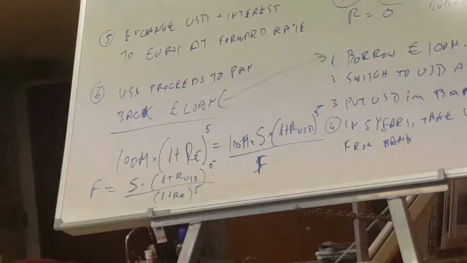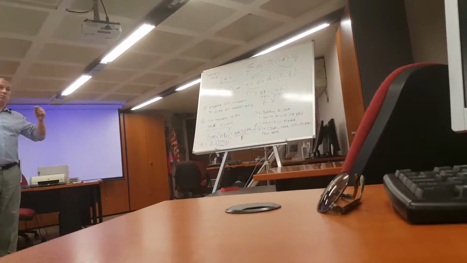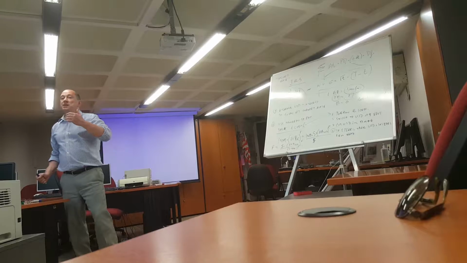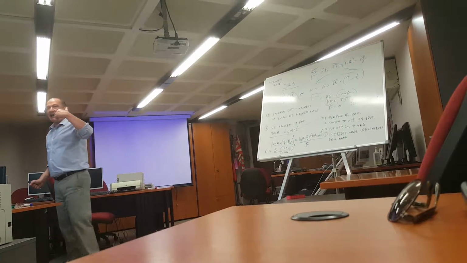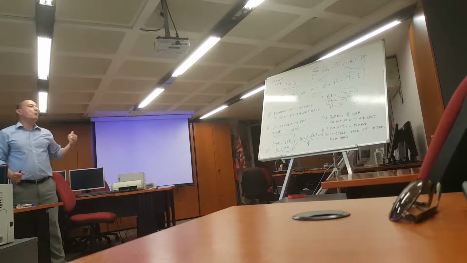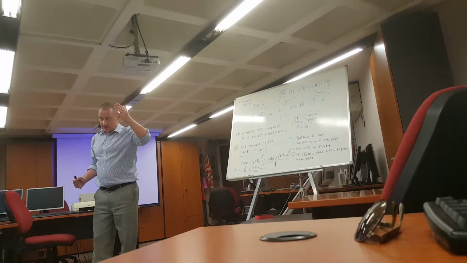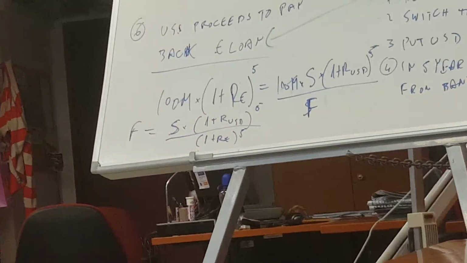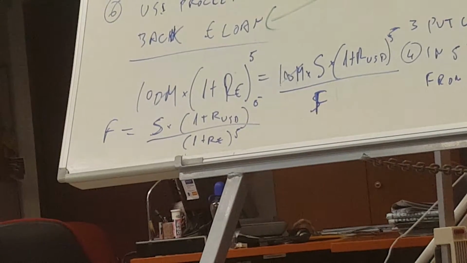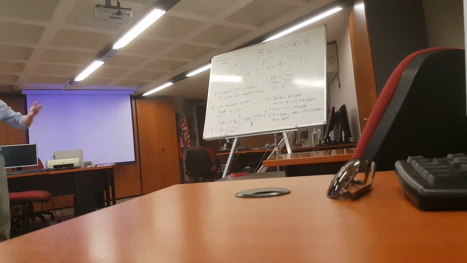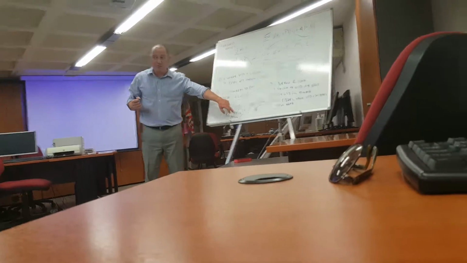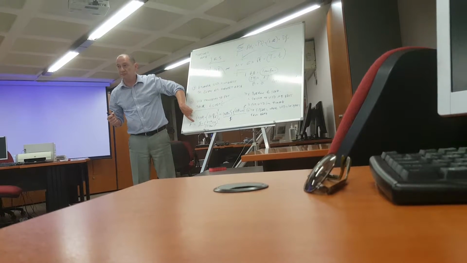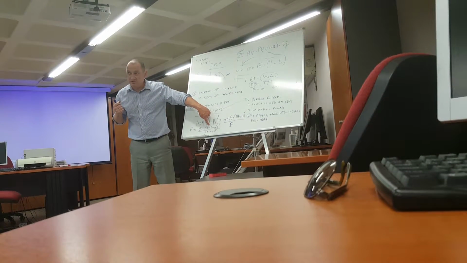So, if my current rate is $1.1 per euro, and the interest rate of the dollar is higher, is my forward rate going to correspond to an appreciation of the dollar or a depreciation of the dollar? Is the forward rate going to be 1.05 or 1.15 if the USD rate is higher?